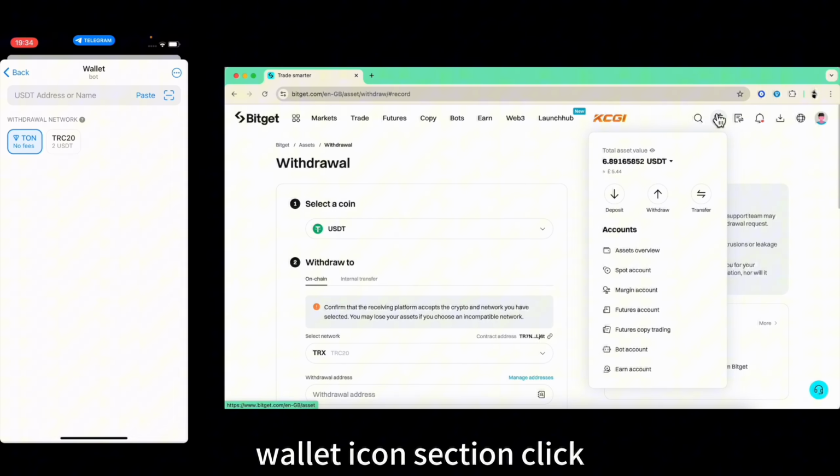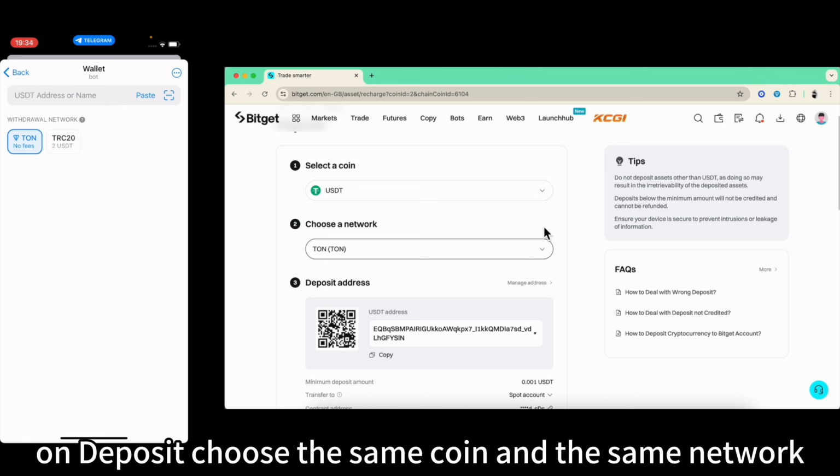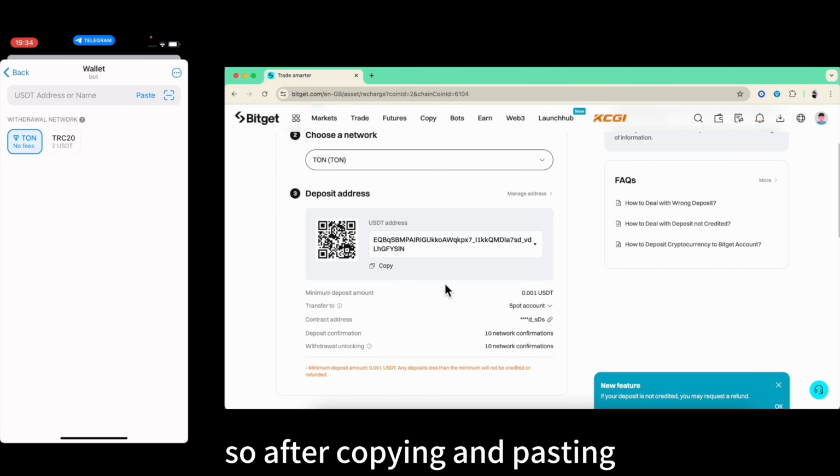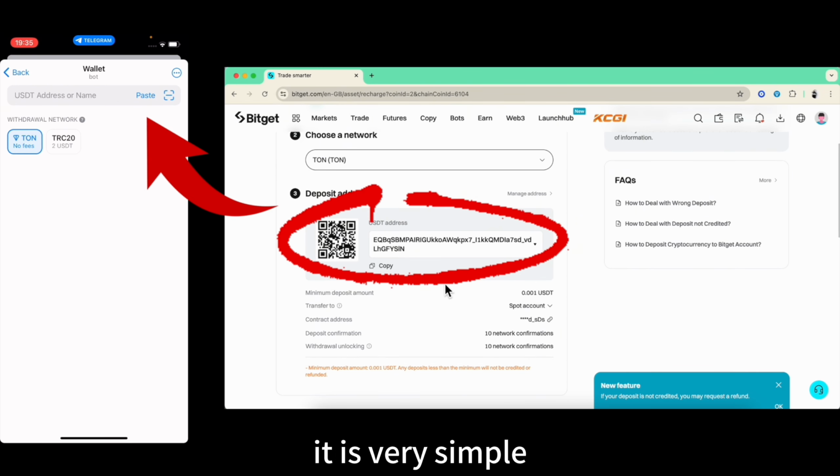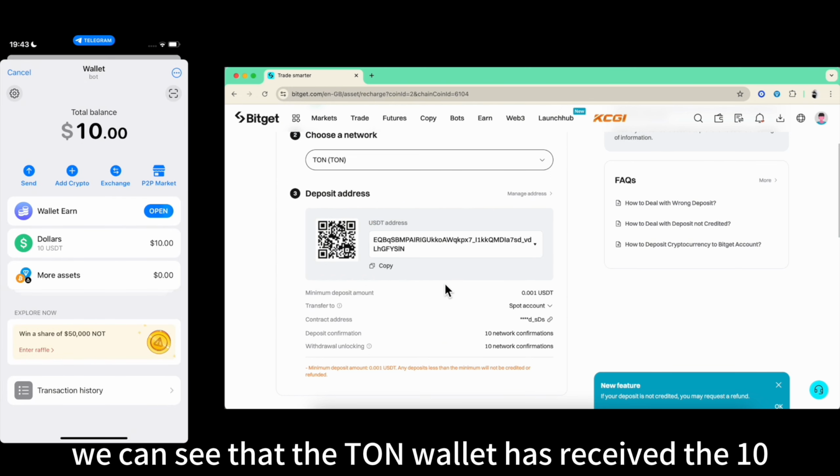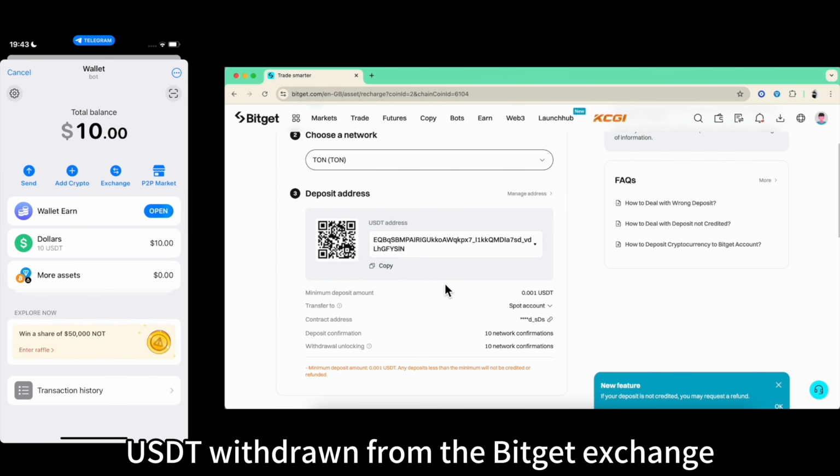On the wallet icon section, click on deposit, choose the send coin and the send network. So after copying and pasting, complete the withdrawal process. It is very simple. Then now we can see that the TON wallet has received the 10 USDT withdrawal from